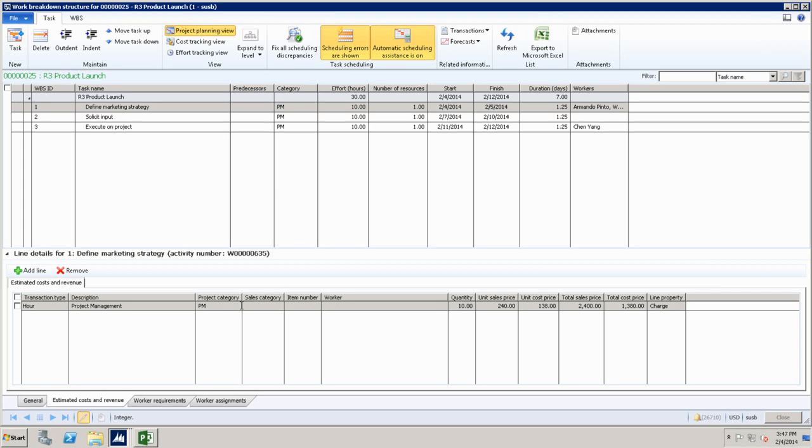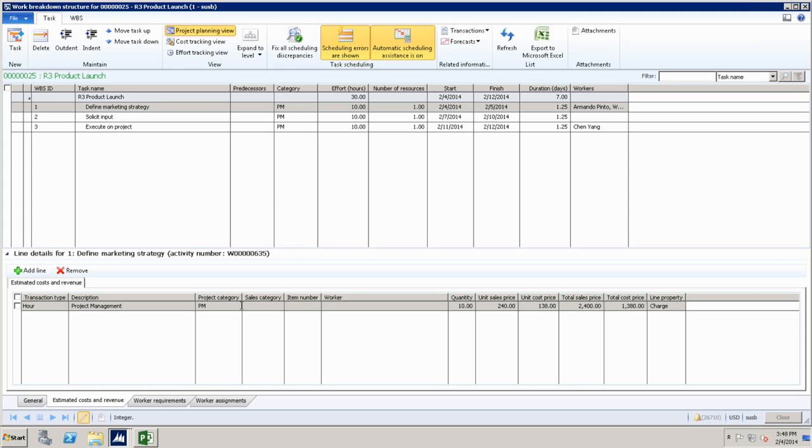So like I said, if you do it here, the estimates are generated here, and you can export it into a forecast, and you can see the financial aspects of it there, or here, or if I understand your question properly. So if you come in the lines here, and you start creating our expense items that you need here, those are the estimates that you're generating here. They can come from the template, or you can manually add them here. And then you can import them into a forecast or into a budget, and you will see the financial aspects of it.